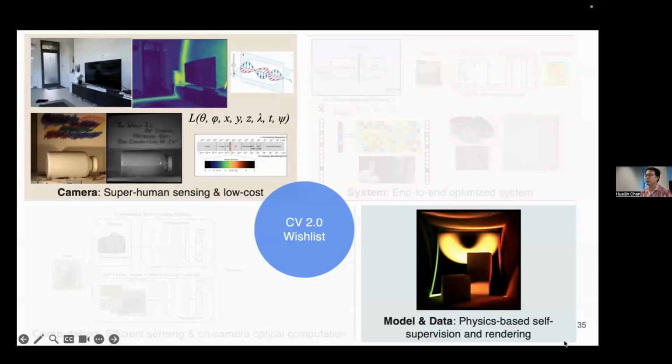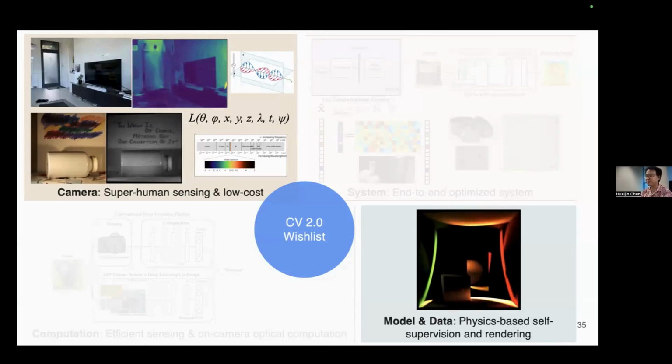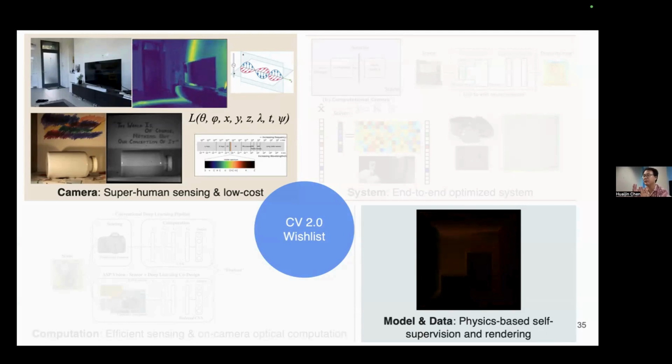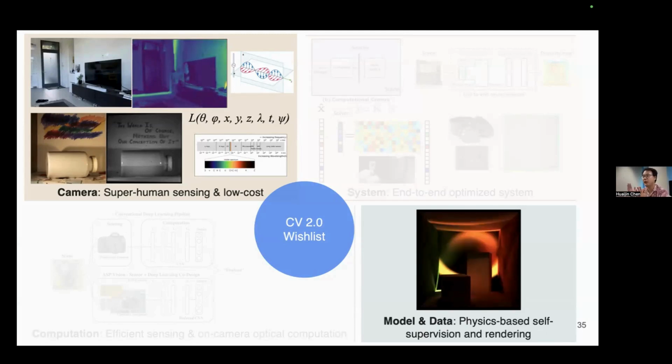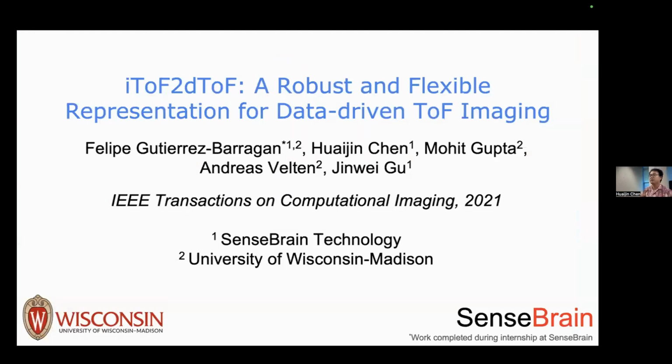Okay, so the first thing I would like to cover is seeing the unseen with the help of computational cameras and physics-based rendering, and how we can use such a principle to build low-cost depth cameras that have improved depth accuracy. Okay, so the first work I will go over is iToF to dToF. So in this work,